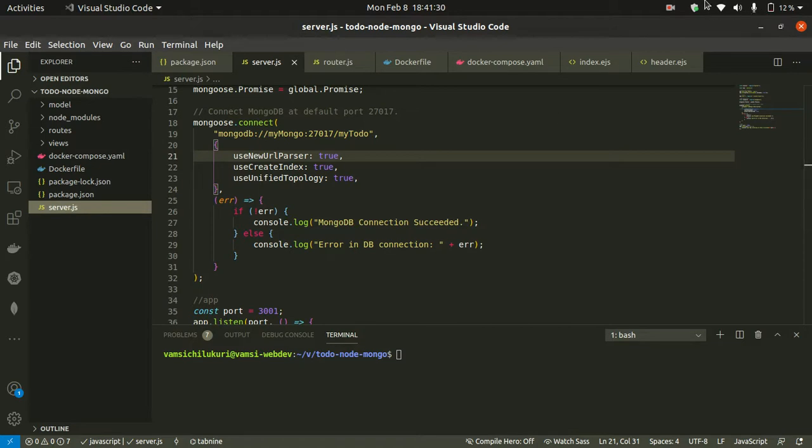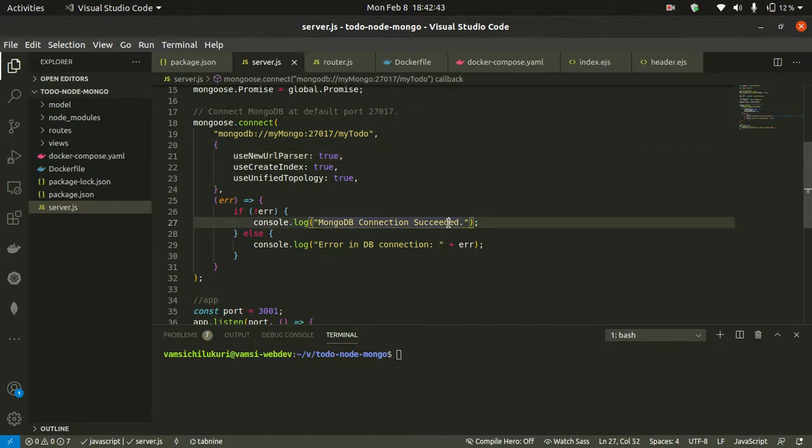Wait a minute, our charging is low. I will connect and come again. Okay,